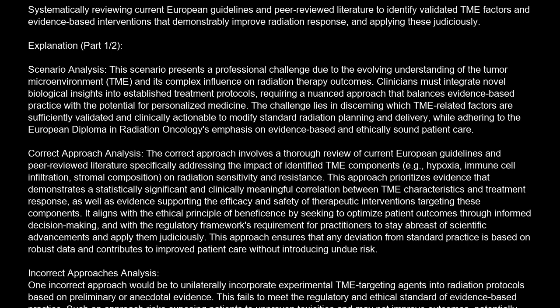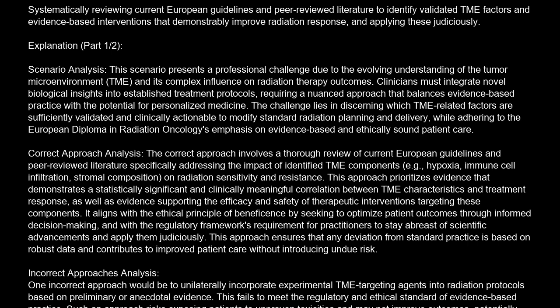Explanation. Scenario analysis. This scenario presents a professional challenge due to the evolving understanding of the tumor microenvironment, TME, and its complex influence on radiation therapy outcomes. Clinicians must integrate novel biological insights into established treatment protocols, requiring a nuanced approach that balances evidence-based practice with the potential for personalized medicine. The challenge lies in discerning which TME-related factors are sufficiently validated and clinically actionable to modify